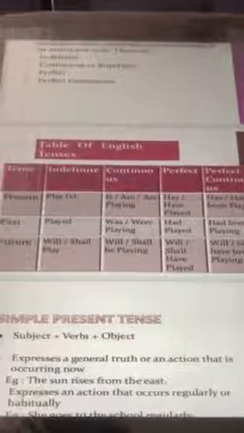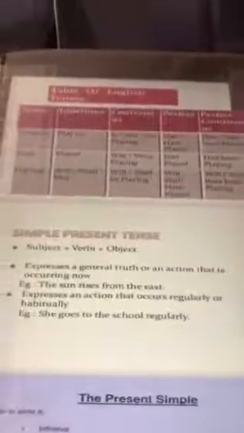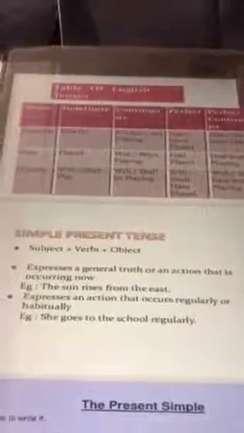Perfect, has, have. Again, these two are helping verbs. We'll see how these are to be applied. But the verb here is played. Perfect continuous, has, have, been playing. Alright, and we will be focusing first, for 6 months, only on present tense. Then after 6 months, we'll move on to past tense. So we'll focus today only on present tense, starting with simple present tense.